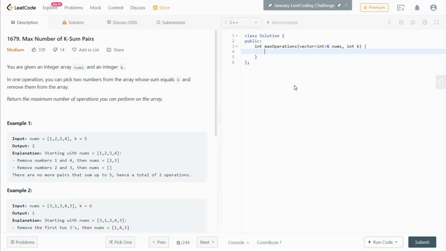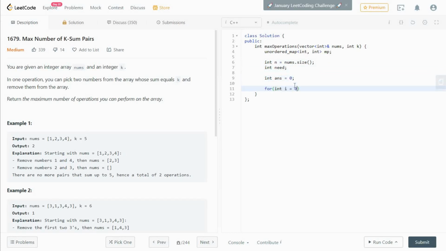So now let's code the solution. The first thing that I require is a map. Let us say n is equal to the size of the given array. Let there be another integer need and another integer answer, which is currently set to 0.